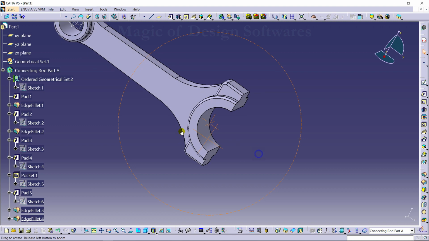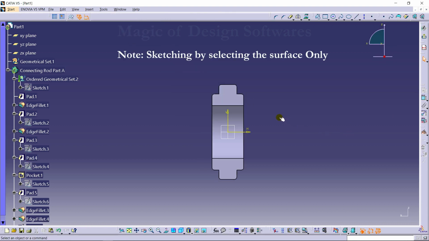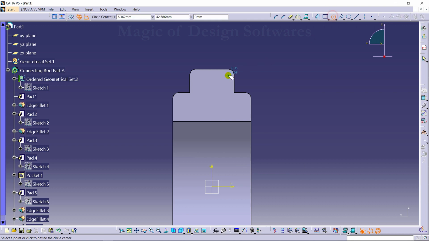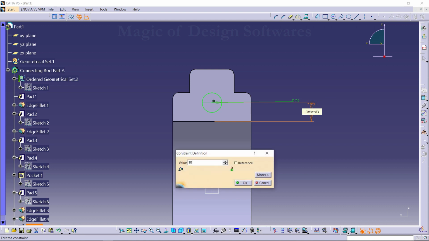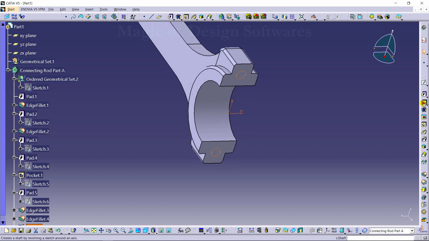and now the holes should be made over here like this. So just sketching this part, making a circle in the center, dimensioning it as 7.5 in diameter. And the distance between these 2 points, this point and this line, is 10 mm. Okay, select this one, mirror it, coming back, it has a pocket,